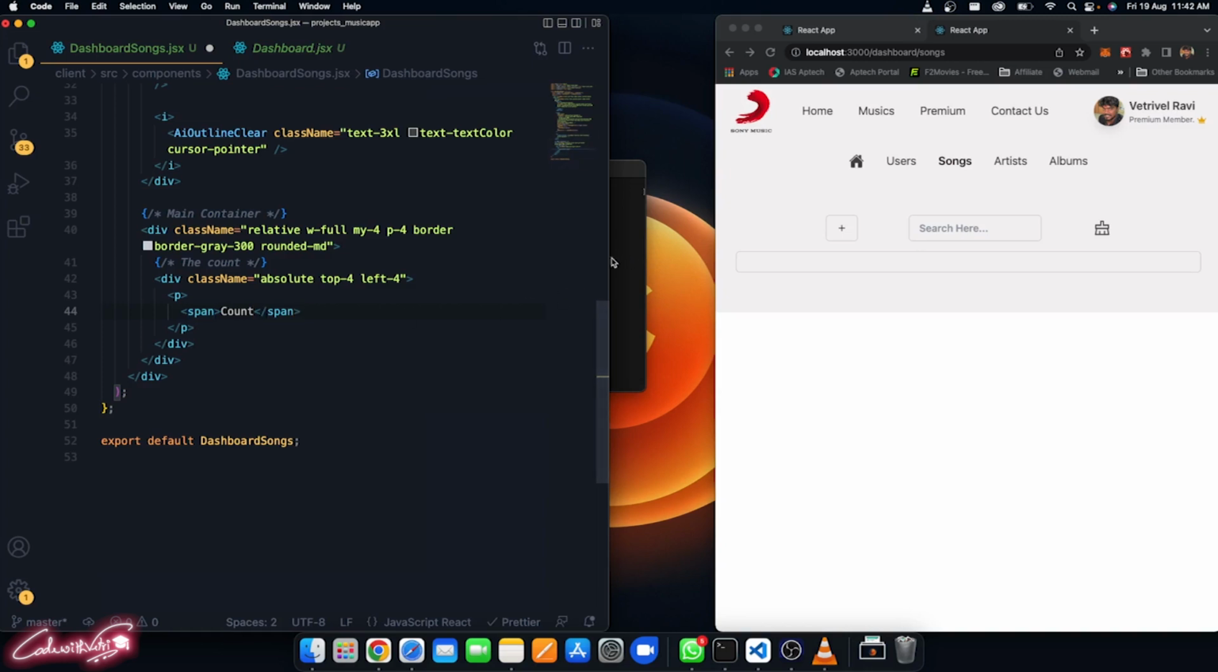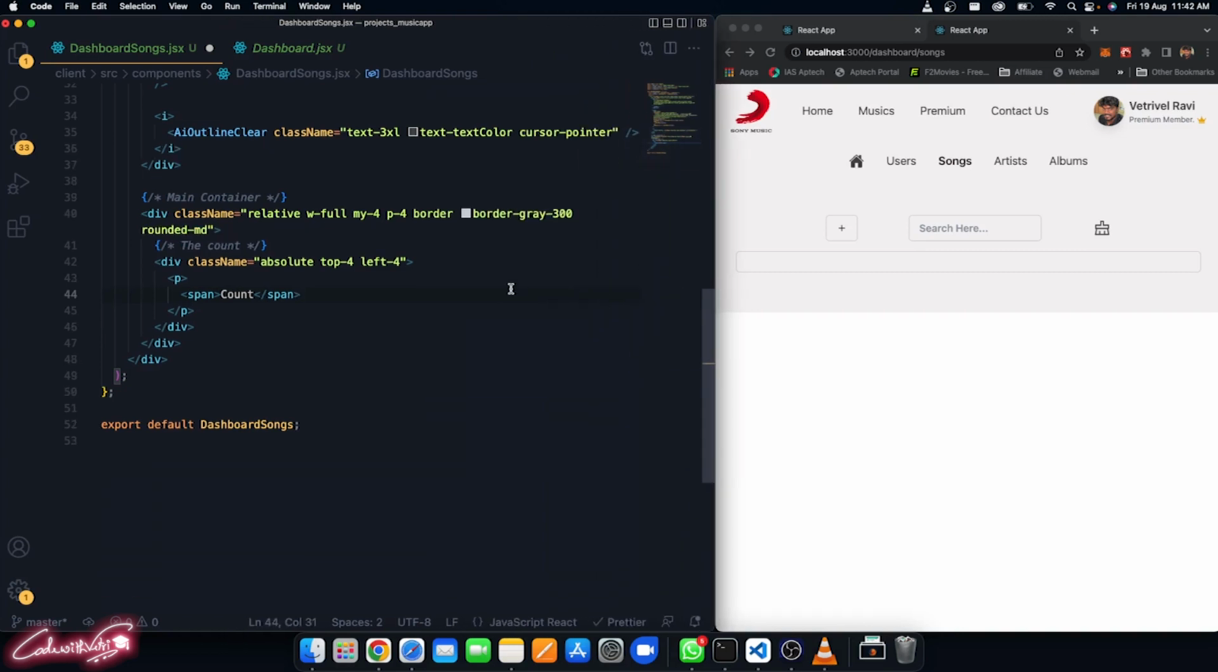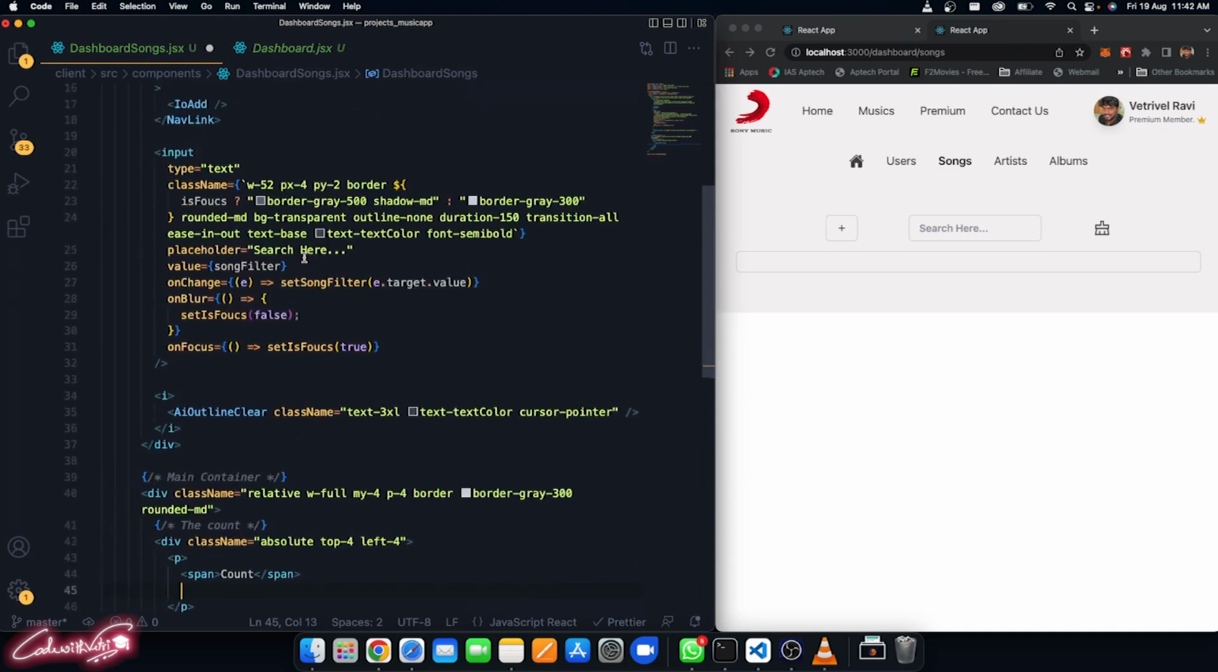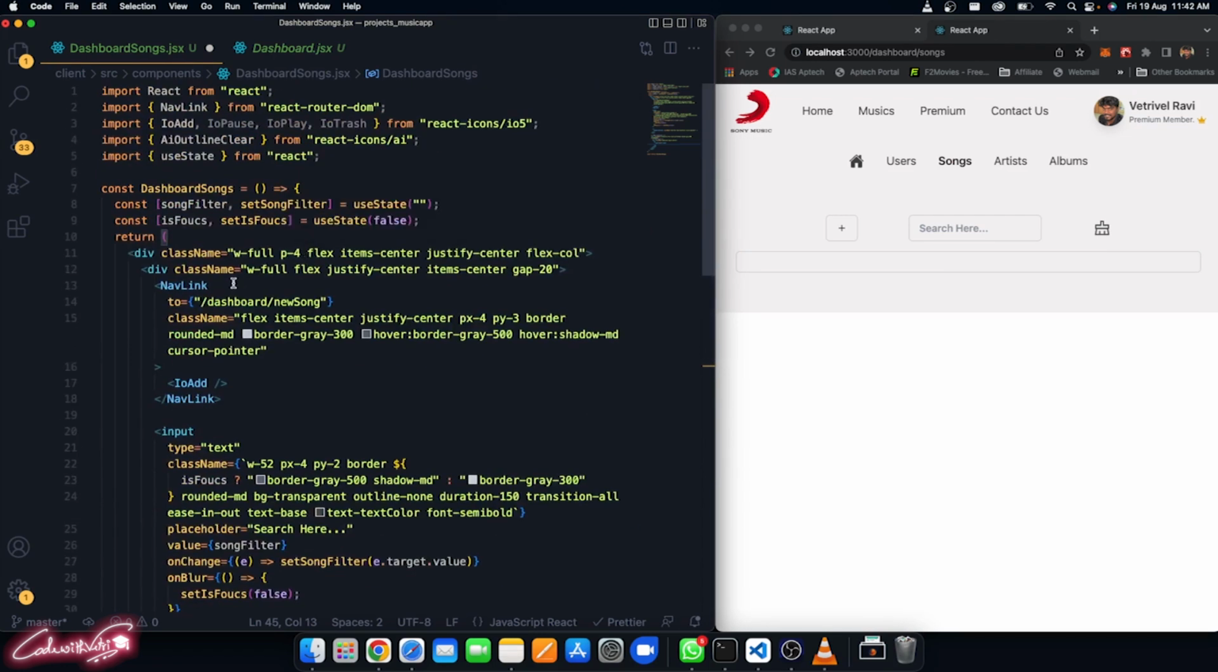My bad guys, sorry, these keyboard shortcuts I'm not familiarized with yet. All right, so here I need to bring the complete songs, and I need to display the count of those songs over here. So let's go ahead and do that. First I need to fetch the songs completely from our database. Okay, I think we already fetched the songs and we already put it in our